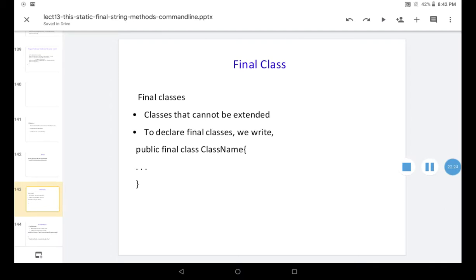Final means no more inheritance, no more deriving another class. That is the end of it. Final means it cannot be extended further. If you give final to the class, that class will not be extended further.